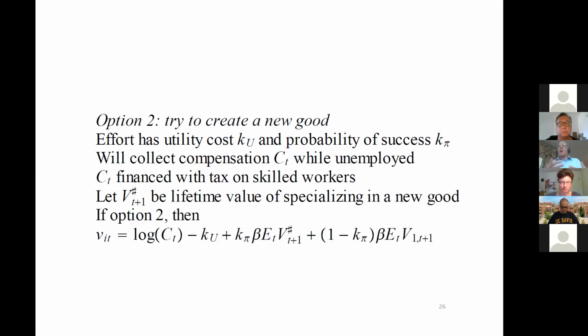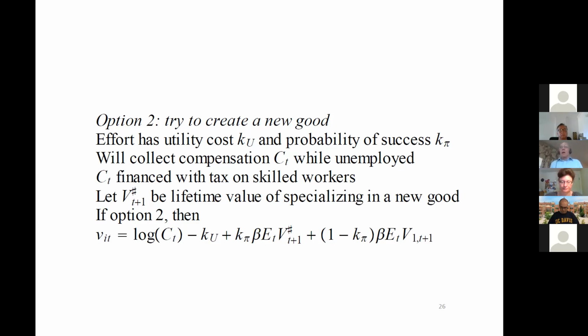I allow these people to collect unemployment compensation. If they do that, it's financed with a tax on the skilled workers. Only the skilled workers are taxed. They pay to compensate the unskilled unemployed. And if you choose that option, your lifetime utility this period, you're going to pay that cost KU. You're going to have a probability K pi